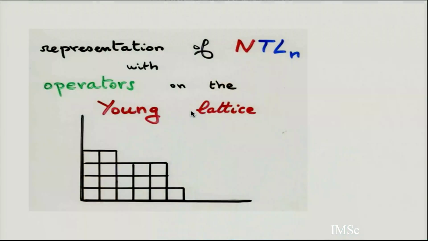I will explain this in another class, maybe next year. From a representation of this quadratic algebra, you get automatically, in a certain sense, the RSK bijection. And you can apply this to other quadratic algebras, totally different, and again get a natural or canonical bijection coming from the algebra. What is the representation of an algebra on Young